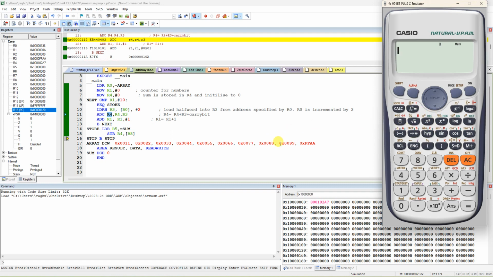Go to programmer mode, and you can add all the data. Go to mode, the number base, and go to the hexadecimal mode. In the hexadecimal mode: 11 plus 22 plus 33 plus 44 plus 55 plus 66 plus 77 plus 88 plus 99 plus